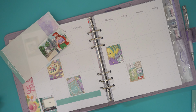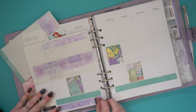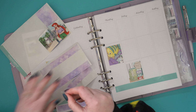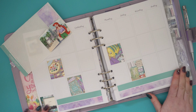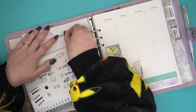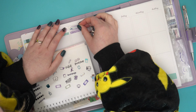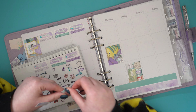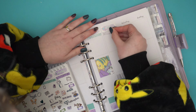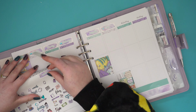I do a really cool colour blocking thing here, so the foil is from my own shop and I do a cool colour blocking foil thing as well. So I'm using two foil colours. I am using a purple and a teal, and essentially I'm using the opposite foil because this is a two colour kit. I'm using the opposite one for the foil, so if it's a teal day, I'm using purple foil, and it just gives this really cool mixed metal effect,